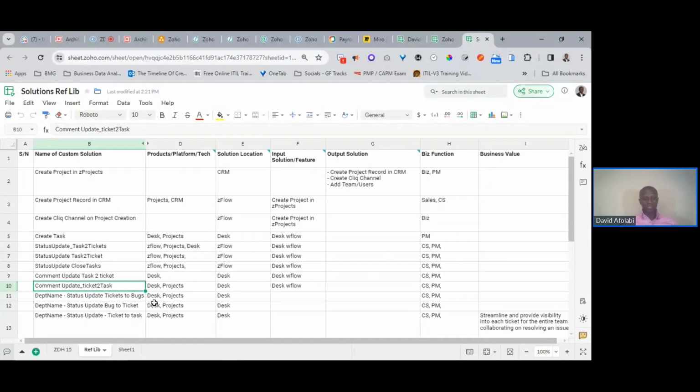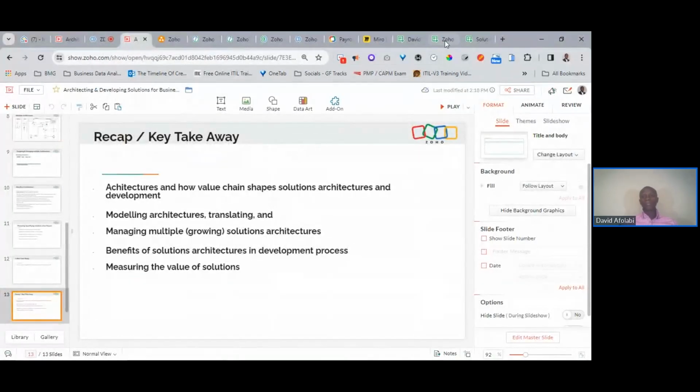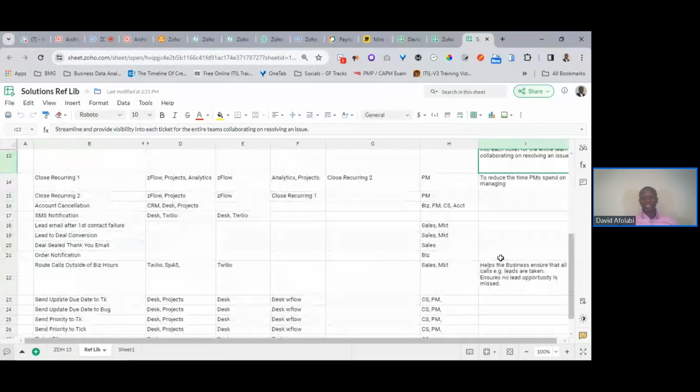to manage existing and new solutions. This helps me reduce the amount of time taken in looking at feasibility, looking at how much time it would take to develop a particular solution. So, for example, if I want to build something that's likely going to affect status updates, just to have an example, all I need to do is look at each of the solutions that has historically